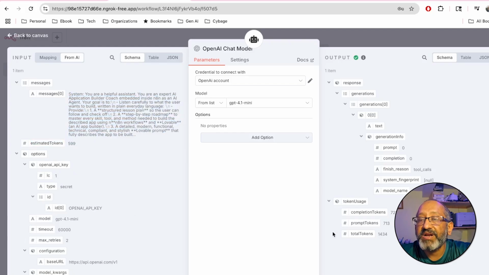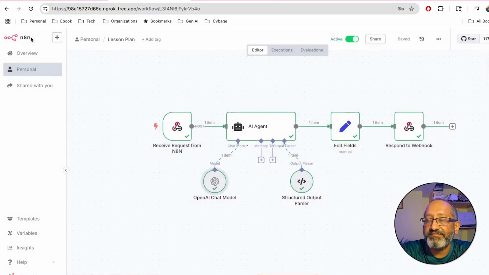And again, what are the things that we can get from that OpenAI? We got that OpenAI key. We're using the model 4.1 mini. You can use anything you like, but typically we use the cheapest one unless we need a large context window or research or some other mechanism to do a particular function.